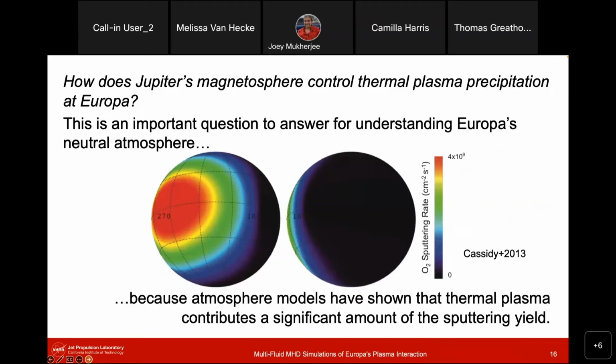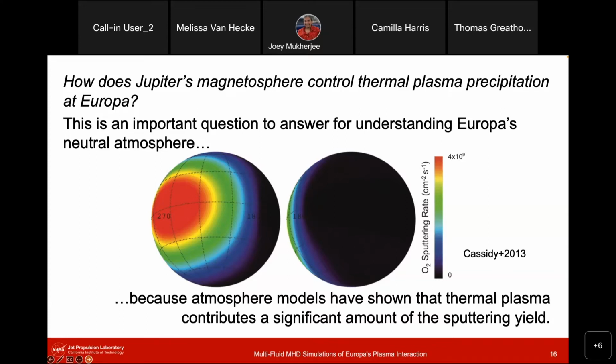And the first question that we chose to look at is, how do all of these changes that I've talked about, these periodic variations in Jupiter's magnetosphere, control the precipitation of magnetospheric plasma onto Europa's surface? And I think this is an important question to answer because it's at that interface between the plasma and the atmosphere. Because different models for the atmosphere have shown that this sputtering interaction with the thermal plasma can produce a significant amount of the